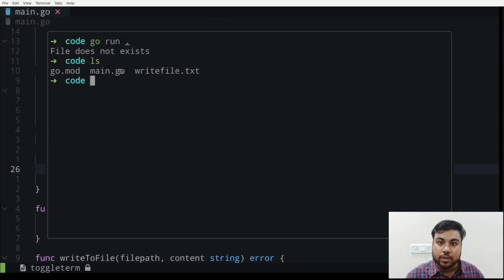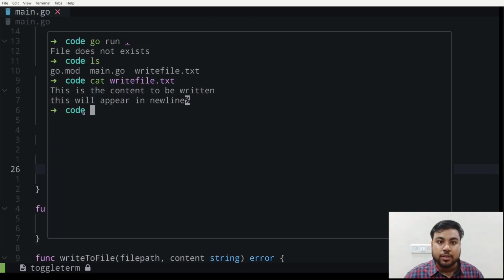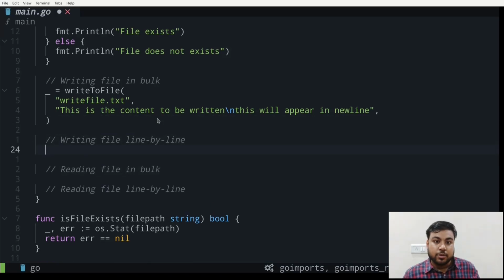And let's say the write file has the content we set. So here it is. This is the content, and this will appear as a new line. Okay, so this works. Now we'll try to create a function that will take in a list of strings and will